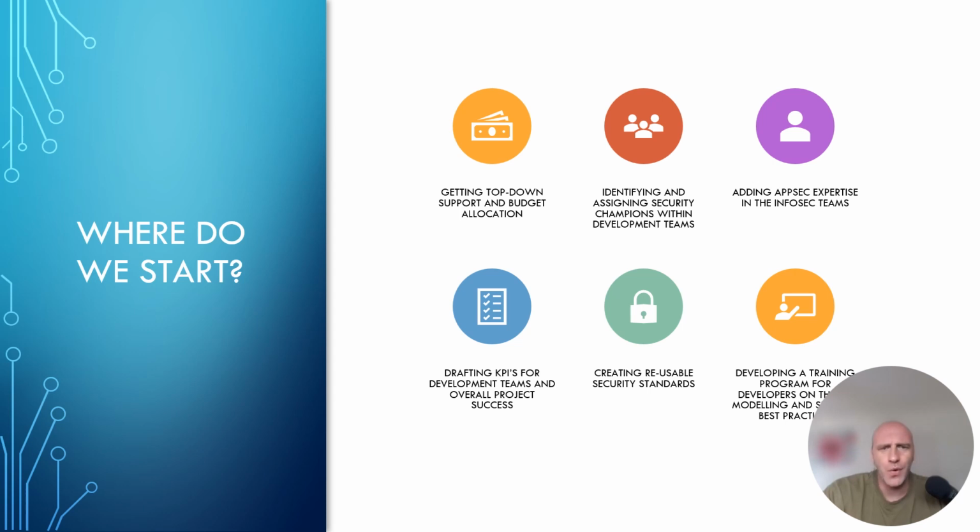So getting leadership to support our program, identifying the benefits that we mentioned, identifying how we will ship quality code, and the benefits for the organization of creating a DevSecOps program as we move forward will